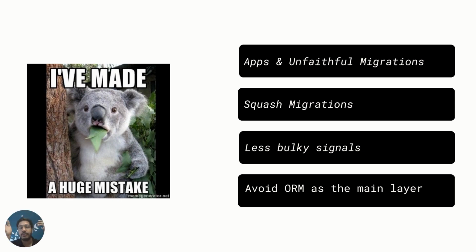Then comes the ORM as a main layer. ORM is object relational mapper. In your application, you may be creating, deleting, or retrieving objects across the board from different endpoints, and this is not a clean way, because if you need to change anything, you need to make changes at each and every point. For instance, you want to create an object of model B whenever an object of model A is created.